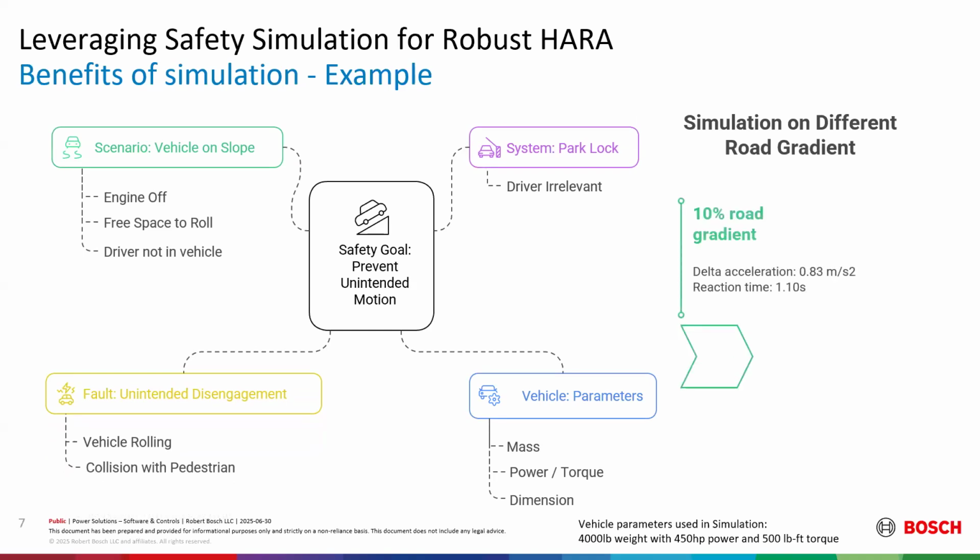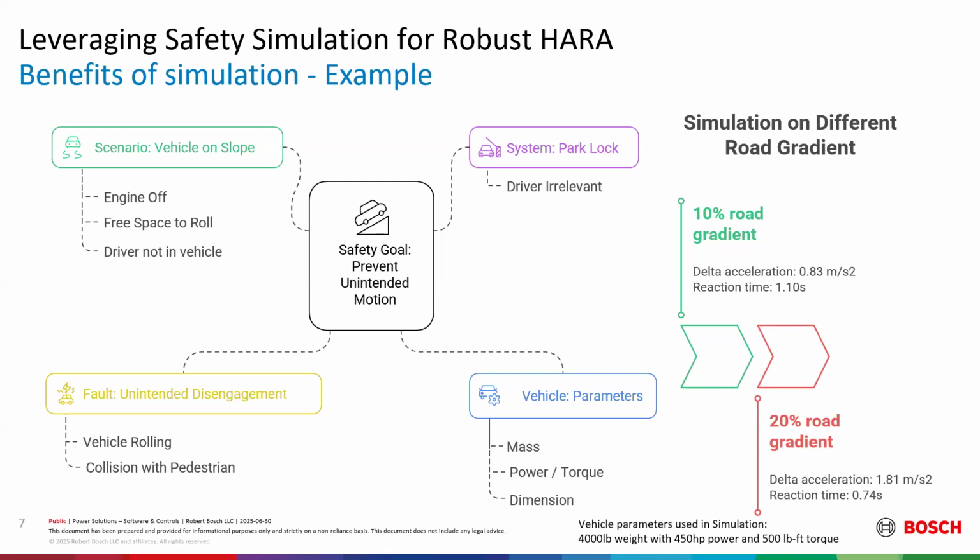First we started with 10%, which is quite common in areas like Texas, where we saw a reaction time of 1.1 seconds. But the moment we take the same vehicle and put it into a different region with a different ODD, let's say San Francisco, which has a road gradient up to 40%, so we try to simulate it for a different road gradient, let's say 20%, then we see a reaction time of 0.74 seconds, which means there's a 30% reduction in reaction time